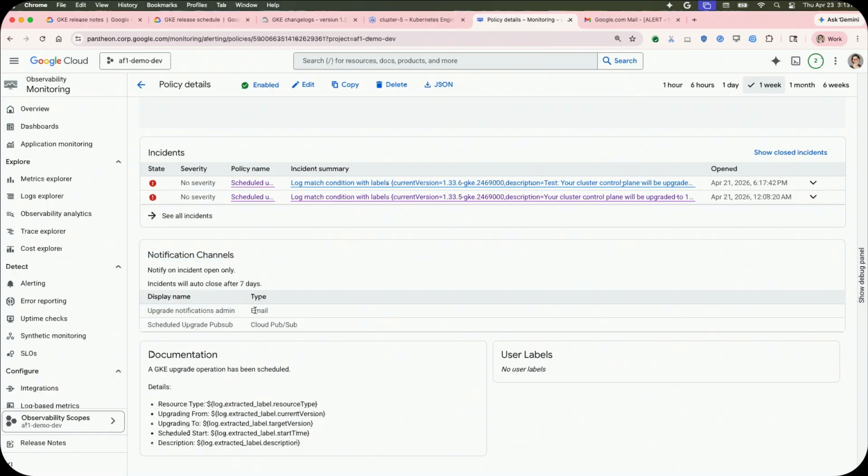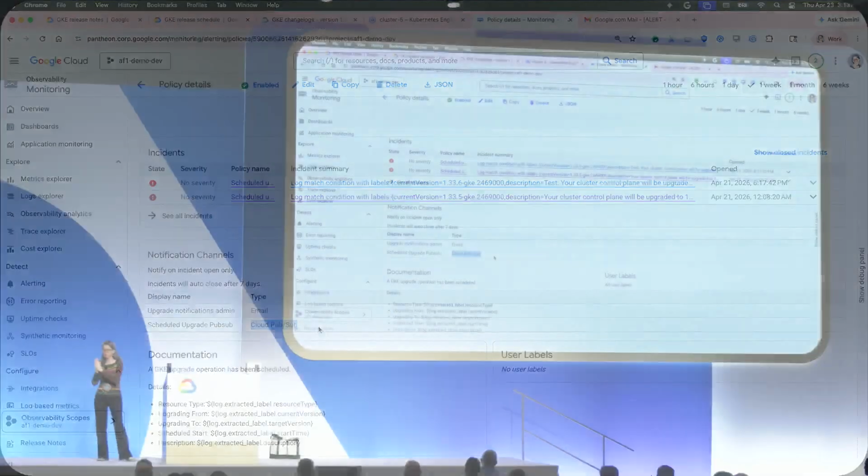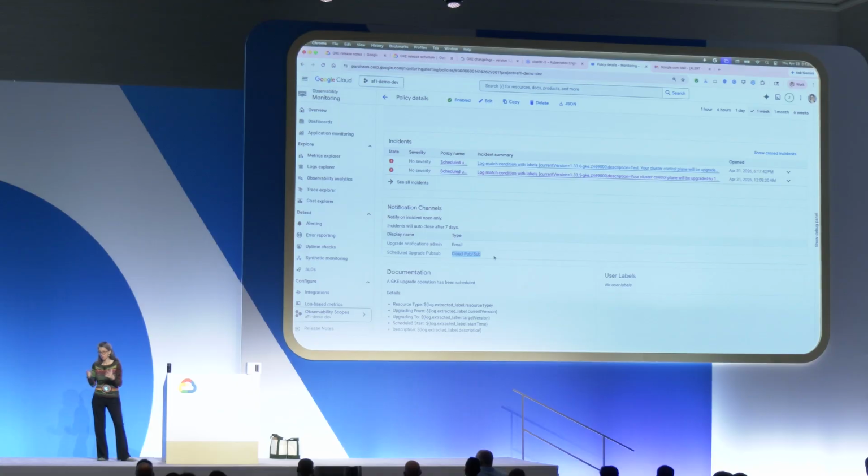One is email, and then Cloud Pub/Sub. With Cloud Pub/Sub, that allows you to do something a little bit more sophisticated. For instance, if you have a minor upgrade, let's say that you do something special, like remediation, and make sure that you have somebody on call and you're ready. Or if you have some upgrades that you do not expect, you can also react.